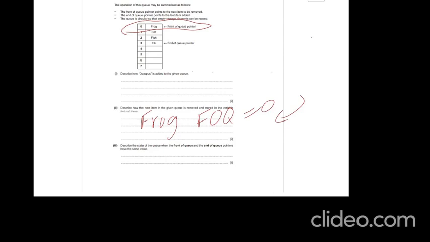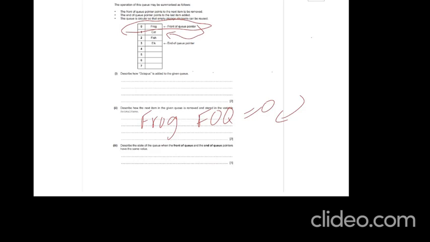I'm repeating again. Frog, which is pointed to by the front of queue pointer at location 0, will be assigned to the variable animal name. And now since this value has been removed, the front of queue pointer will be pointing towards cat,